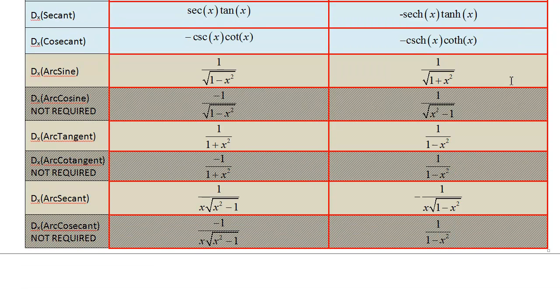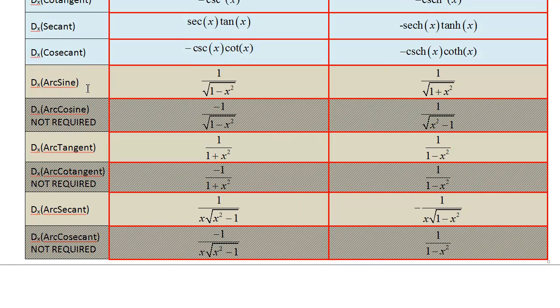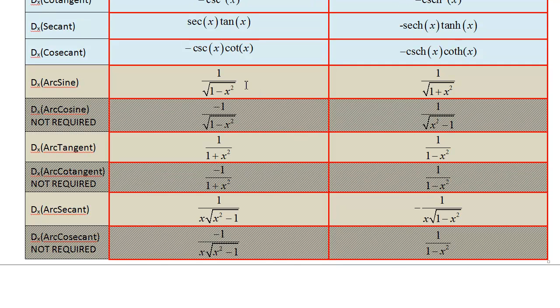And then we're interested in coming up with the derivatives of the hyperbolic inverse functions, and here are the derivatives of the inverse, the arc sine, the arc cosine. And notice a lot of these are repetitive pretty much. We really don't need two that look almost the same, because our big use for these is actually going the other way. It's when we do integration, when we see something that looks like one of these forms, we will